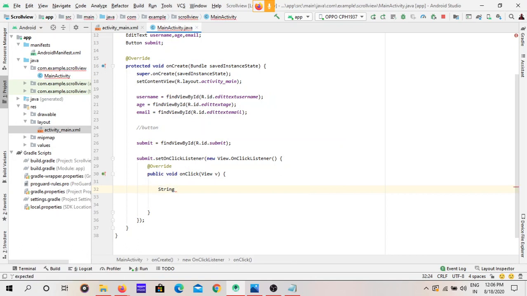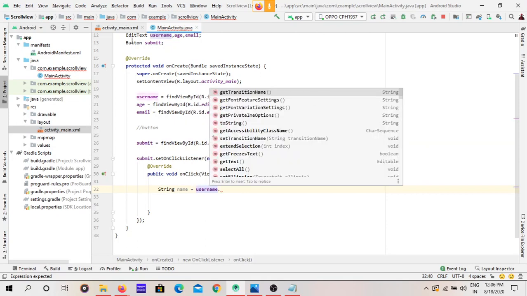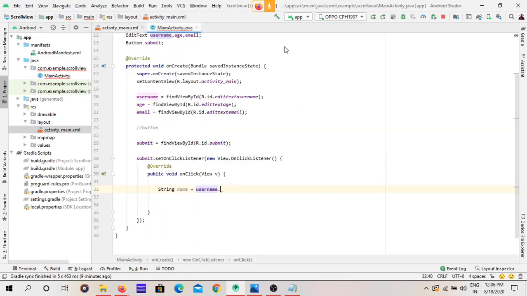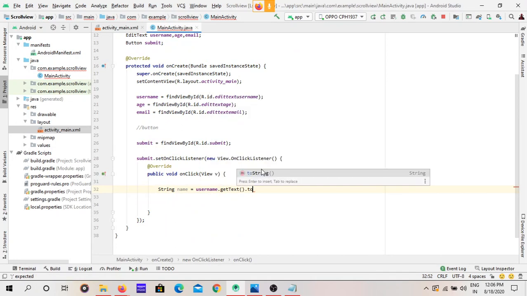Create one string variable, like name. We are going to get the data from username, which is the first edit text. We can say get text and we are converting it to string.